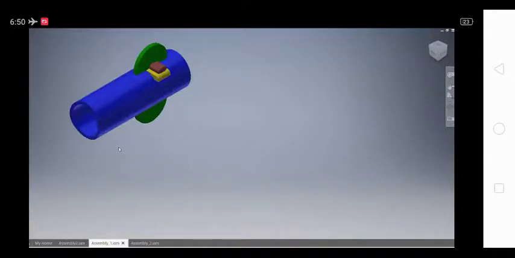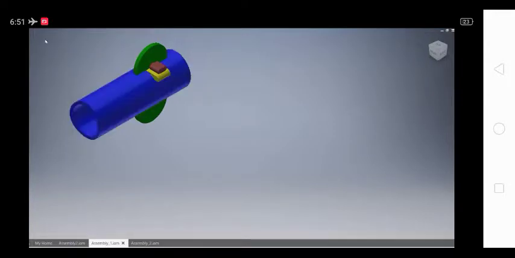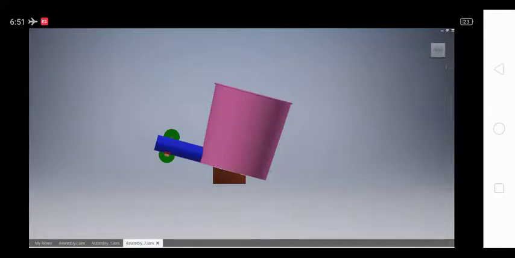This is subsystem 2. It has a shooter pipe. The shooter pipe has 2 wheels attached to it on one side. Both the wheels are in turn connected to a DC motor. The DC motor is supported by a base plate. The other end of the shooter pipe is connected to the container to complete the model. This is the entire model.